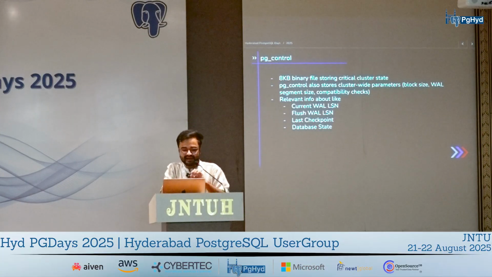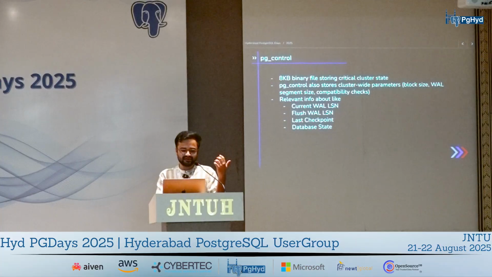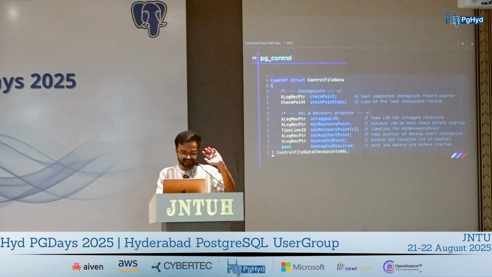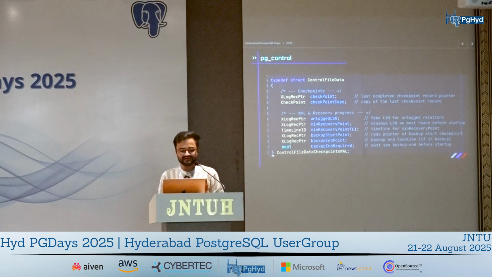Last but not the least, it also contains a very critical piece of information, which is the database state. We'll just first cover the control file because that comes in later. The control file data looks like this.